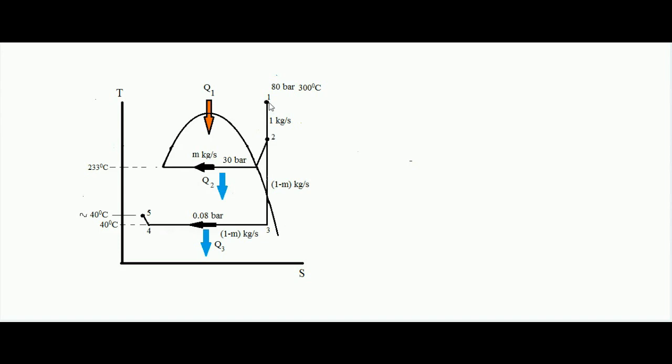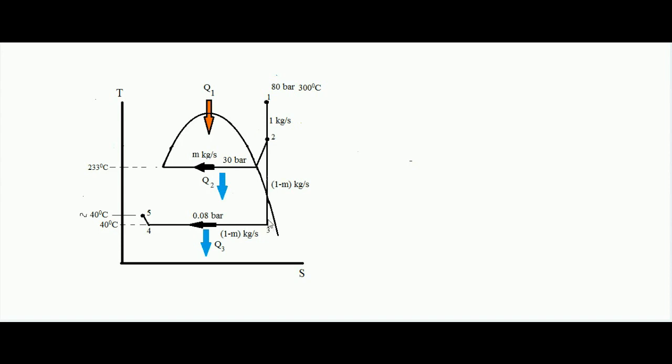Okay, we can see that the pressure is falling from 80 bar, so inside the turbine when the pressure becomes 30 bar, some amount of steam comes out and is condensed. So at 30 bar pressure, from point 2, this is the point from where the steam comes out and is condensed. Suppose that at point 1 the amount of steam entering per second is 1 kg per second. And from point 2 at 30 bar pressure, m kg per second of steam is taken out for condensation. Now the rest of the expansion would be with 1 minus m kg per second, because m is taken out from point 2.